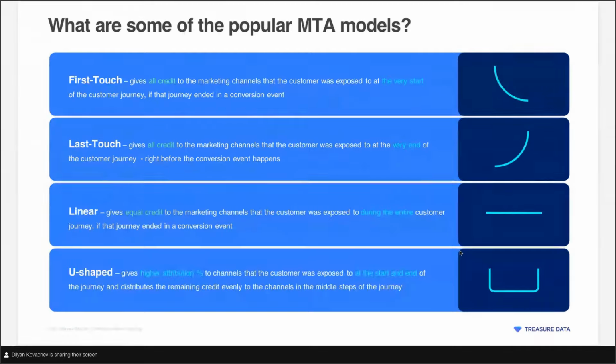And then U-shaped is kind of a balanced approach, trying not to overlook any of the channels that are performing well at different stages, but still giving more credit to first touch and last touch. It could either give partial credit to everything in the middle, or it might just give 0 credit. So maybe first touch gets 50 and last touch gets 50, or first touch gets 30, last touch gets 30, and the remaining 40 is distributed evenly amongst the other channels. So these are the deterministic models. They can be useful. They can make sense for your business.